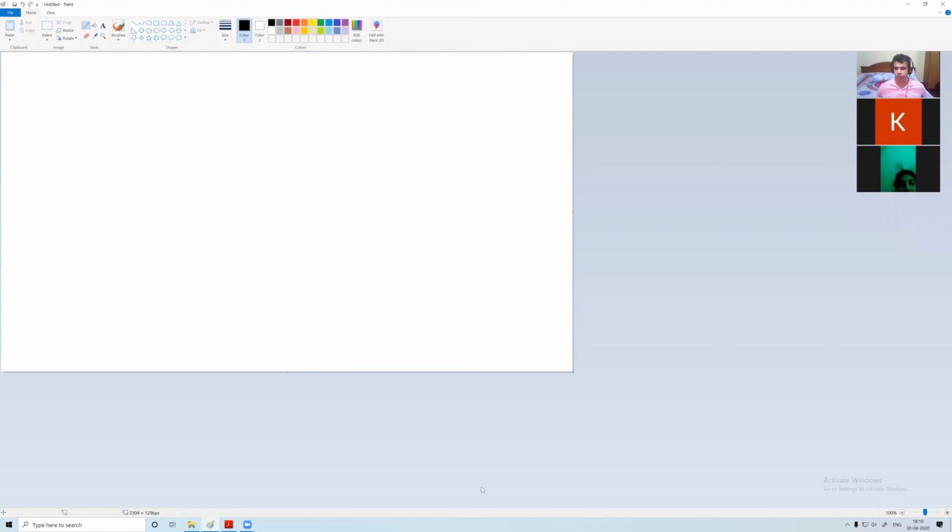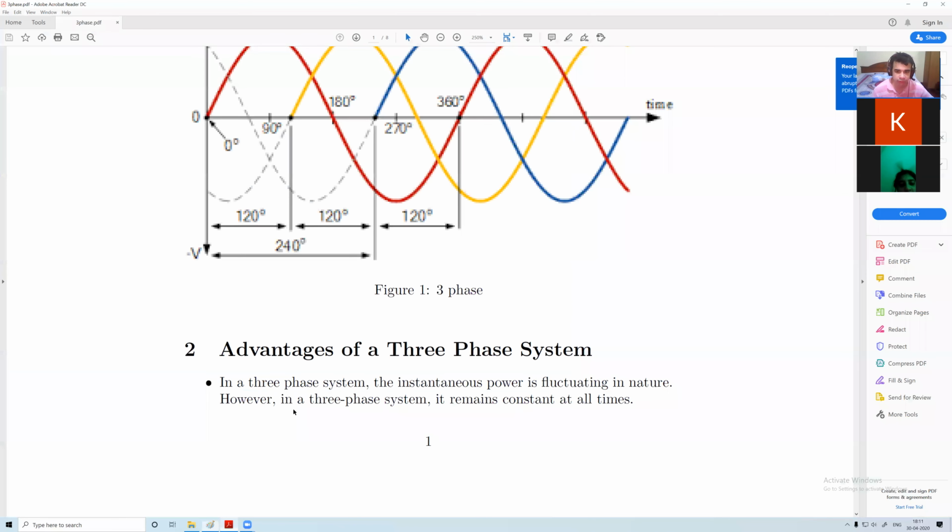Okay, okay, good. Please use this chat window to communicate, just like you did for YouTube. There is a chat window here, a similar chat window, use it. Or you can talk, raise your hand, and I'm sure Kanishk will allow you to talk. Okay, good. So this advantage is okay.